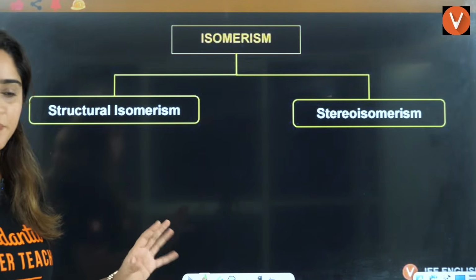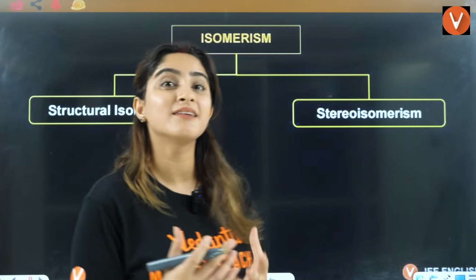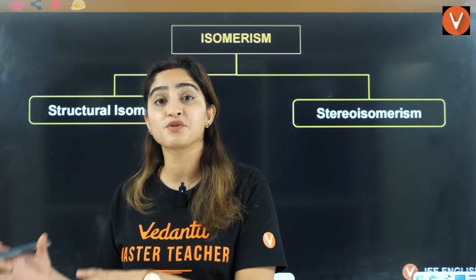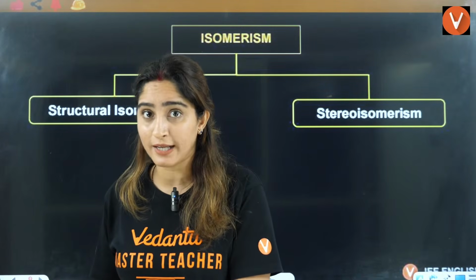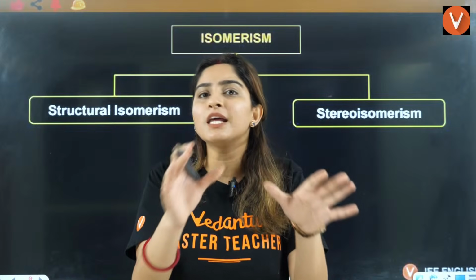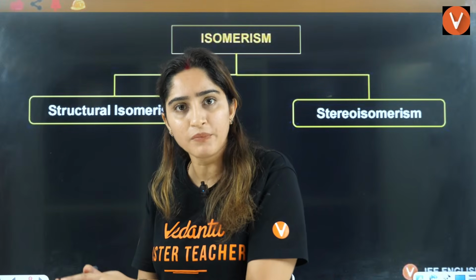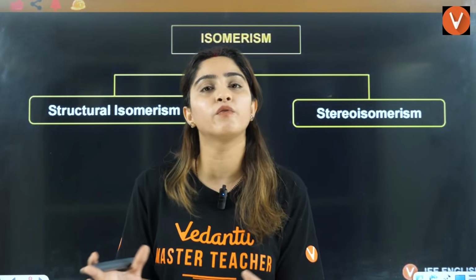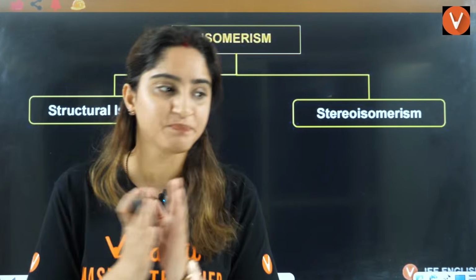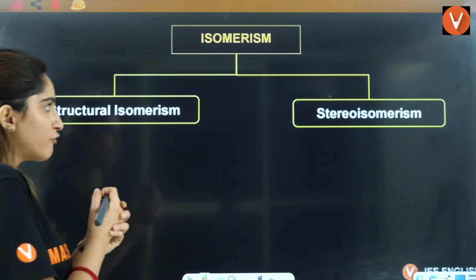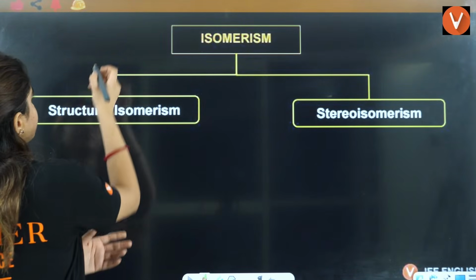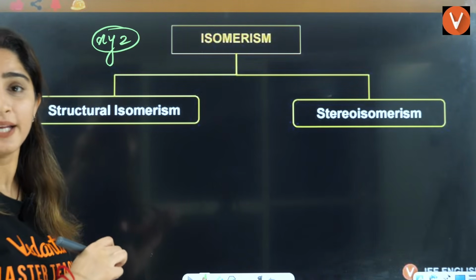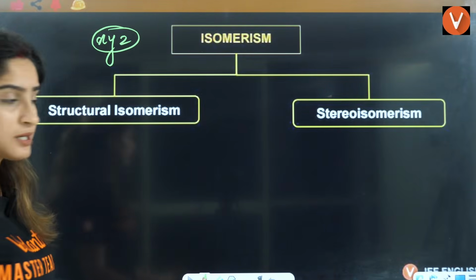isomerism. What exactly is isomerism? We have studied isomerism in organic chemistry, and we'll study that also. So isomerism is basically when you have the same molecular formula, but its structure or its spatial arrangement is different. What do you mean by that? So let's say I have a formula like XYZ. This is the formula. How it is arranged,